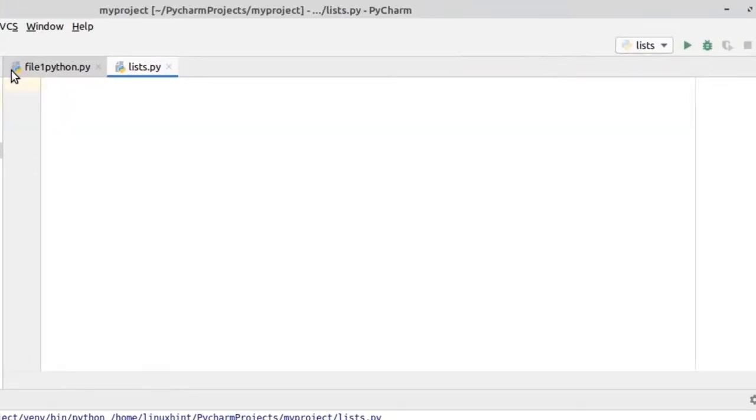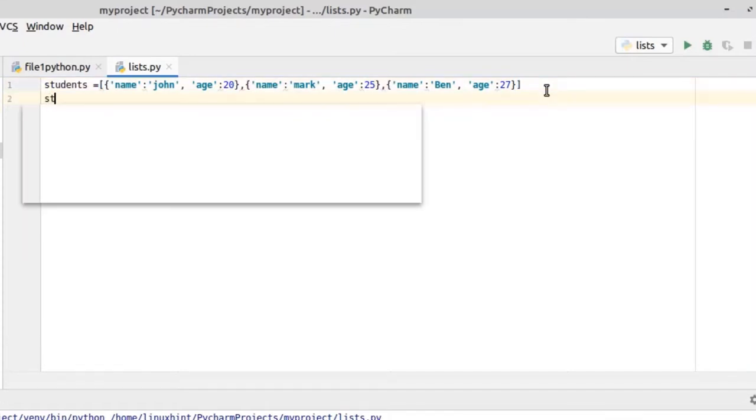Now let's see another example and create a new list, and this time it will be the students list, and the students list will contain 3 dictionaries as items. Each dictionary contains 2 keys, name and age. The first key is name and the second key is age. So the task is to extract the names of the students, and we again use a list comprehension without manipulating the original list. Declare a new list here which is the students name list,